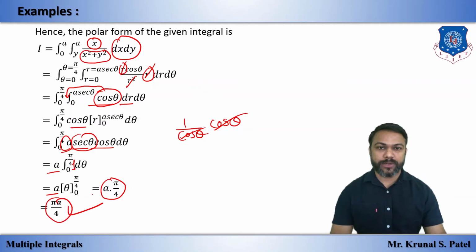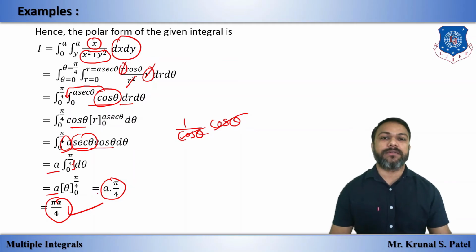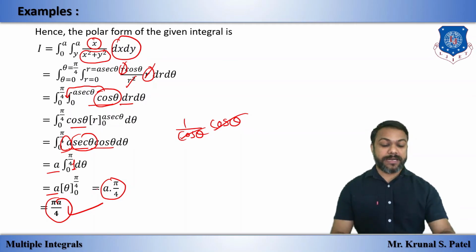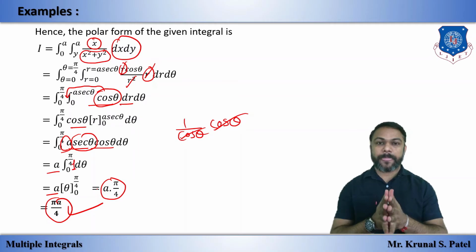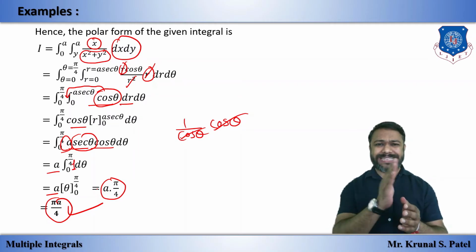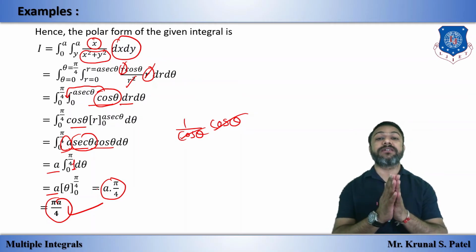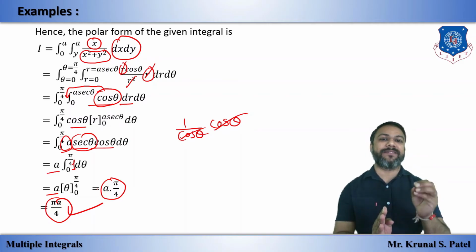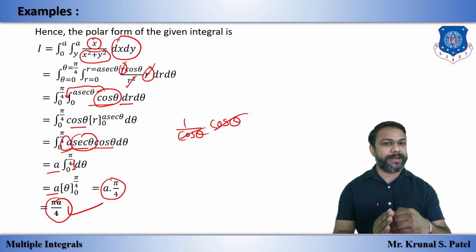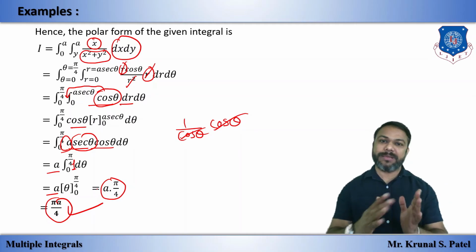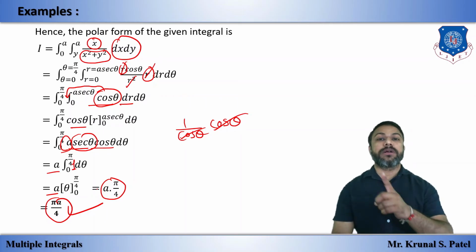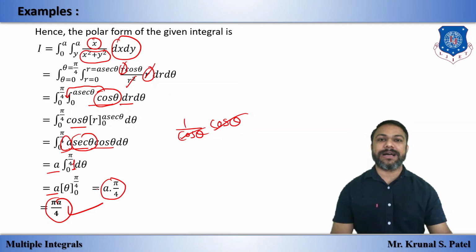So easy. Okay. Now in this you have to just remember that first write down the given limit, then convert that inside limit, because the inside limit gives us the curve. So convert the inside limit by putting x is equal to r cos theta and y is equal to r sin theta into polar coordinates, and the graph will be the same. Just convert Cartesian to polar, and then dx dy is always r dr d theta. So no need to find it out in each and every example.